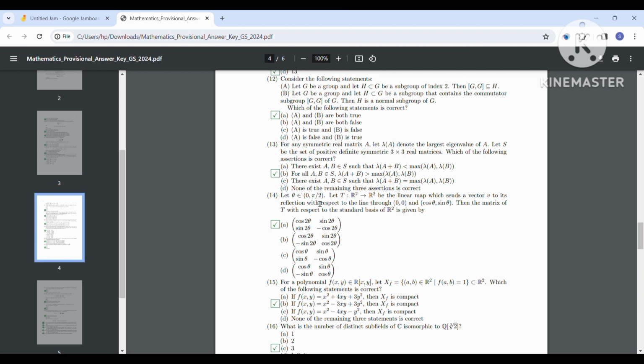So, let's start with question number 12. It is given that G is a group and H is a subgroup of index 2. Then the commutator subgroup of G is always contained in H, and if any subgroup contains the commutator subgroup, then H must be normal. Okay,